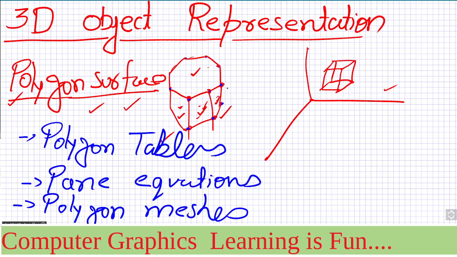So these pixels in 3 dimensions will have 3 coordinates x, y and z. Such values for all these vertices together will be helpful in understanding the object. This is a boundary representation,